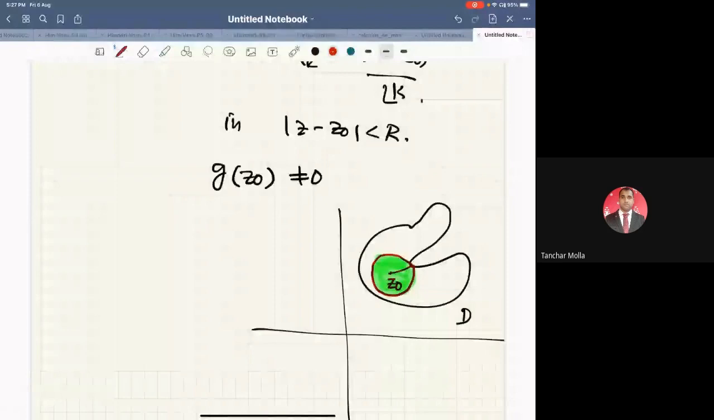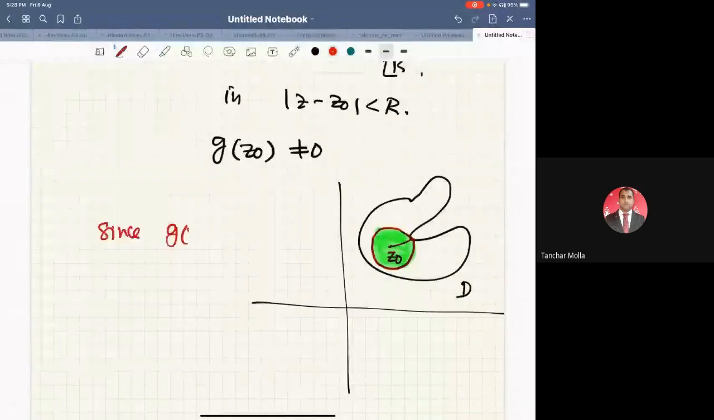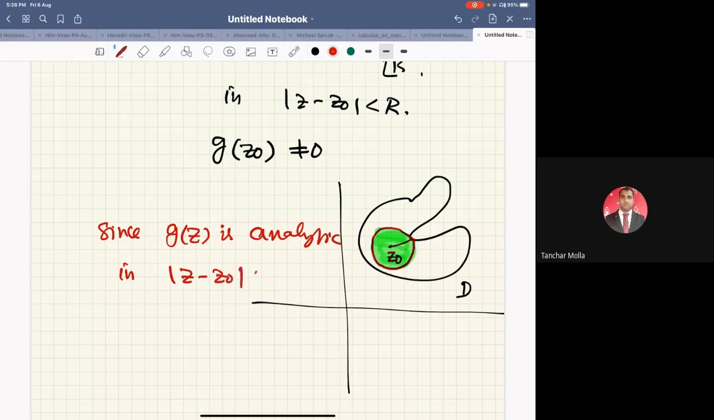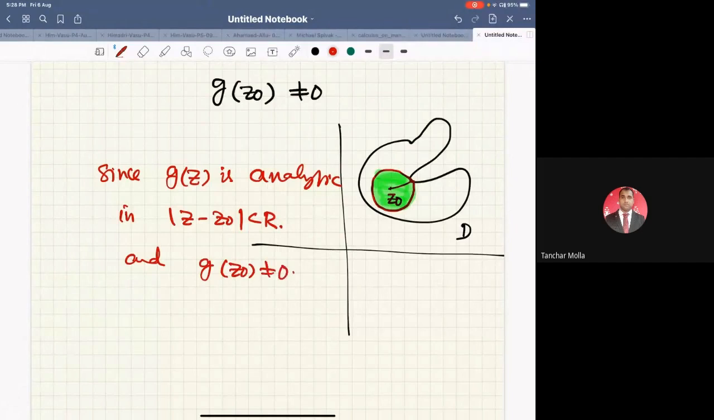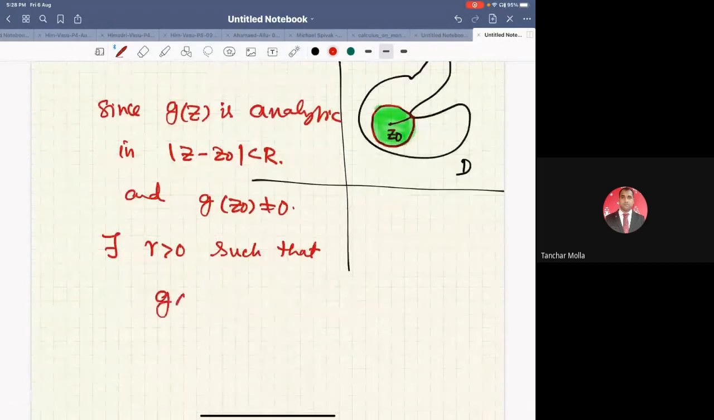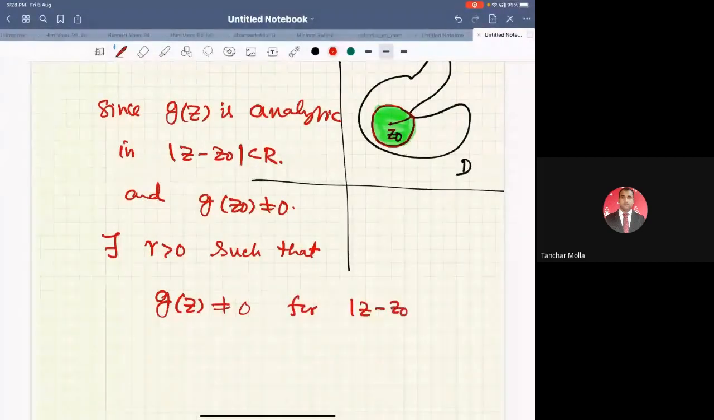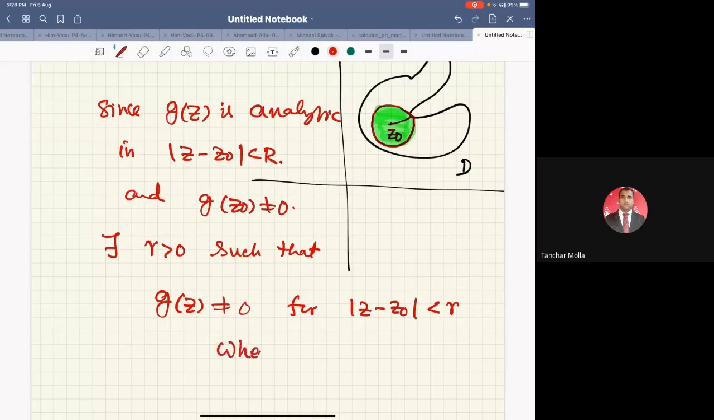Since g of z is analytic in mod z minus z naught less than R, and g of z naught not equal to 0, there exists an r greater than 0 such that my g of z is not equal to 0 for mod z minus z naught less than r, where 0 is less than r less than capital R. So if you take this one as my capital R,